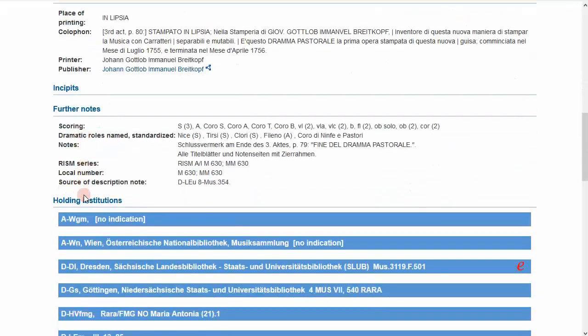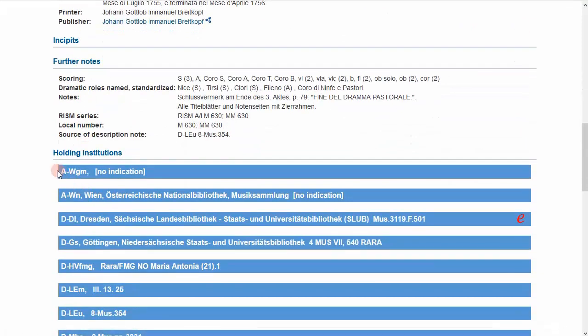The known physical copies of the print, which we call holdings, are listed at the bottom of the record.